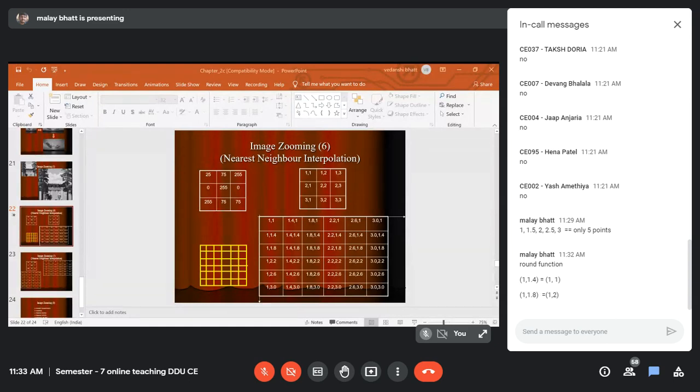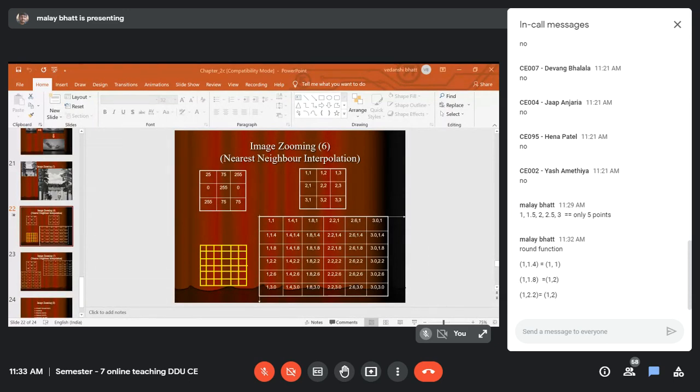Similarly, we have point 1, 2.2. This will round to 1, 2. And 1, 2.8 will round to 1, 3.